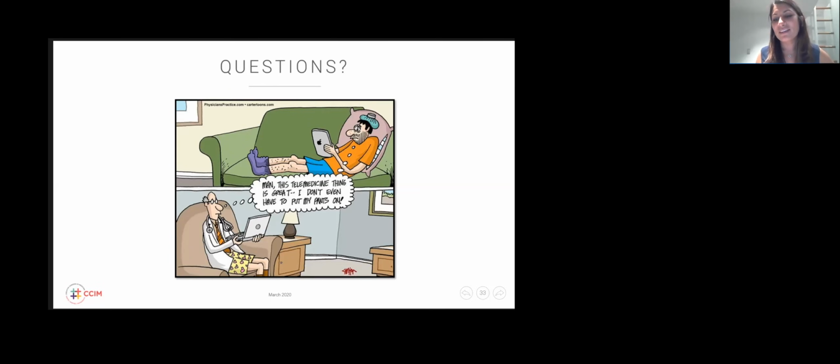But I think it's a bit of a grey area, and I would say that we probably need some clarification from Medicare about that. But to me, it makes absolute sense that we should be allowed to do that, because the whole point is to do that triage to then figure out if we need to see them.